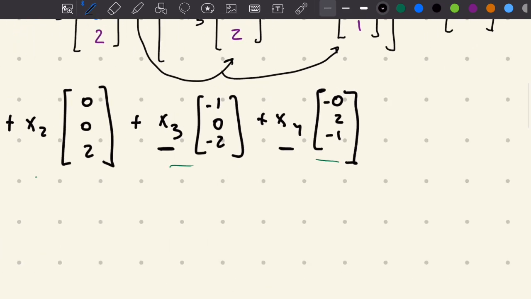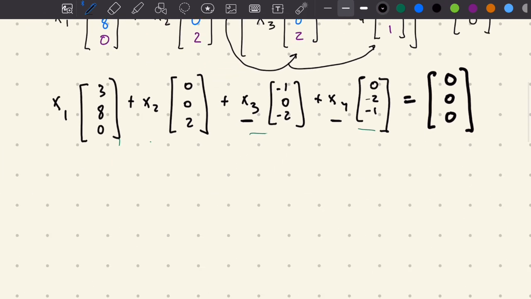Cool. So now that we have this, let me just make sure it's negative. This is equal to 0, 0, 0. So we have this equation right here. How are we going to rewrite it? Well, we can actually consolidate all of the vectors here and rewrite it as 3, 8, 0, 0,